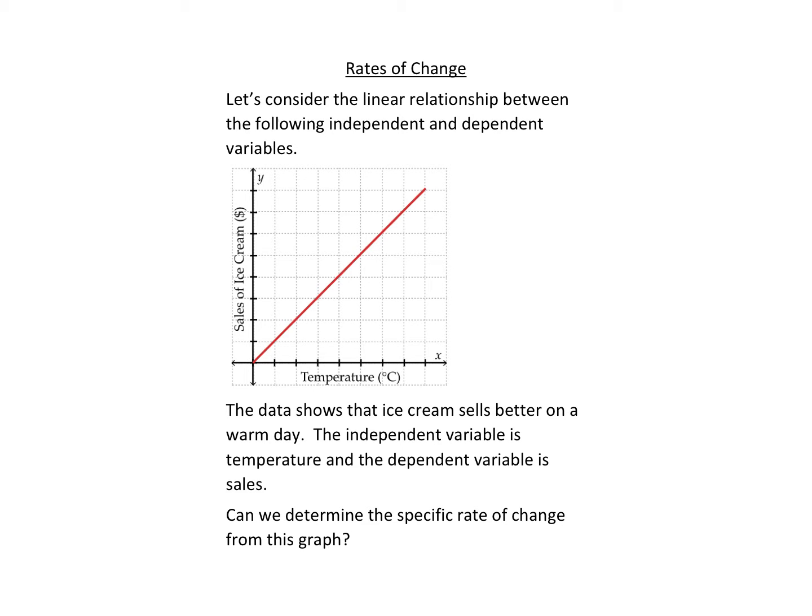Sometimes we're given a graph, so we can do the same pattern in that we're looking for the rate of change and the initial value. So the initial value is always at 0. So I can see that the initial value is 0, 0. And then we want to find the rate of change. So we can do the rate of change between any 2 points. So I want to make sure I'm at a grid mark where the points intersect. The problem with this one is there's no values on the grid, so I can't tell the exact value, but